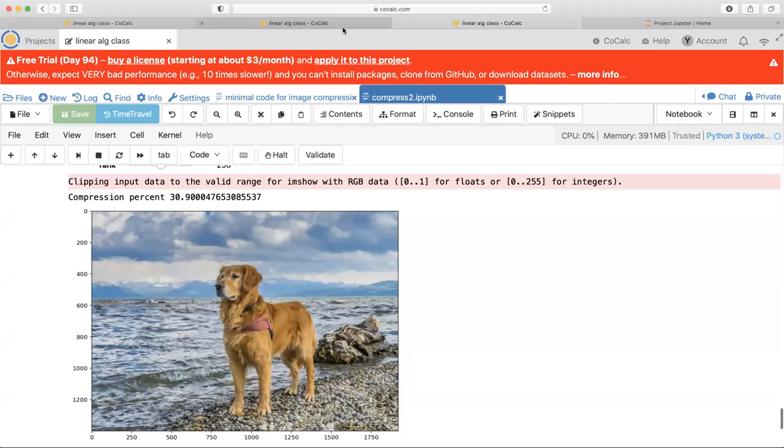Hello, in this video, I'm going to show how to use Python in conjunction with the singular value decomposition to take an image and compress it. Now, the image I've selected is something I found on the internet. This is a copyright-free image, and we're going to use the singular value decomposition to compress it to various degrees